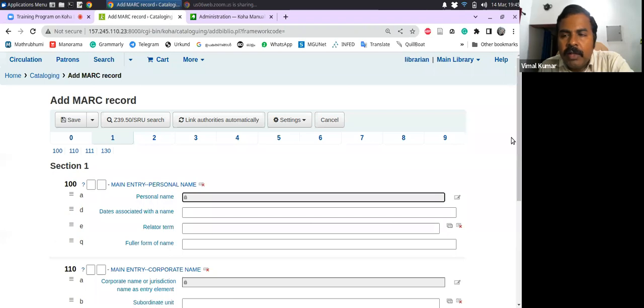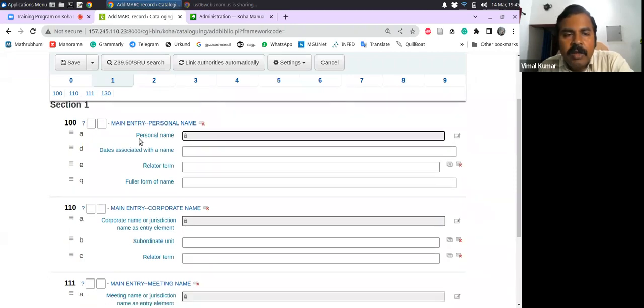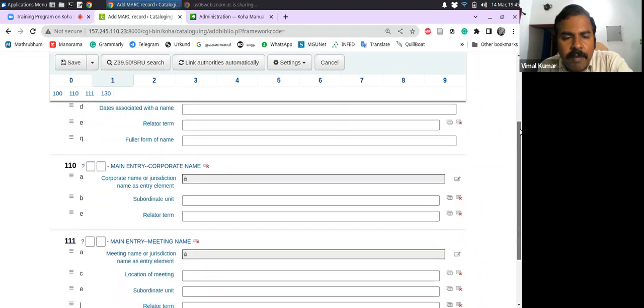Inside tab 1, they arranged all fields starting from 100. See here 100, where we can see author name, personal name, that is A, personal name, D, dates, date of birth, Q, fuller form of name, 110, corporate name,